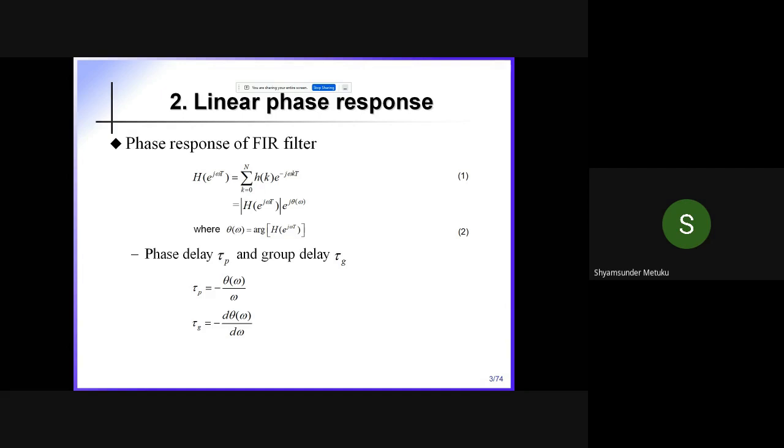The expression is given by summation k equals 0 to N of h of k e power minus j omega kT. And whenever you try to perform DFT or DTFT, I think one or two examples you have done, no, by using the matrix method. If the input is 1, 2, 3, 4, the output, do you remember what we got in the DFT case? Remember or not? 10, minus 2 plus 2j, minus 2, minus 2 minus 2j, isn't it?